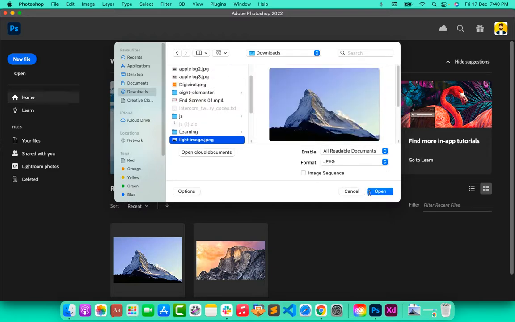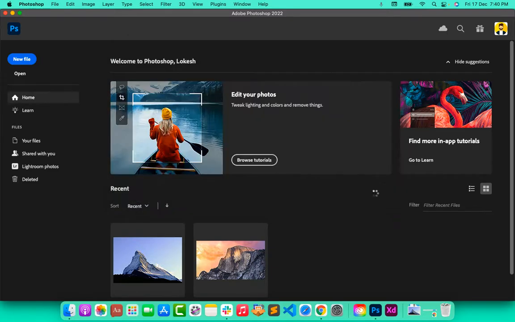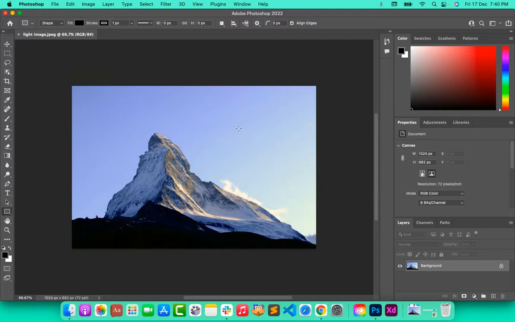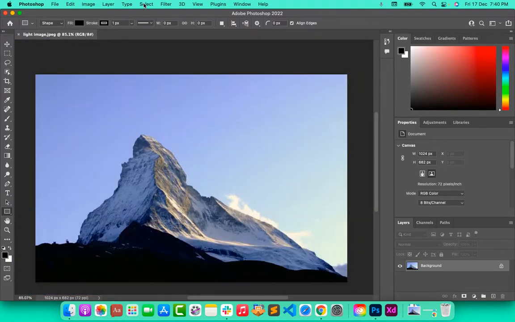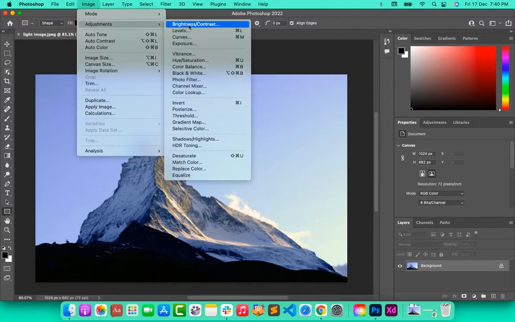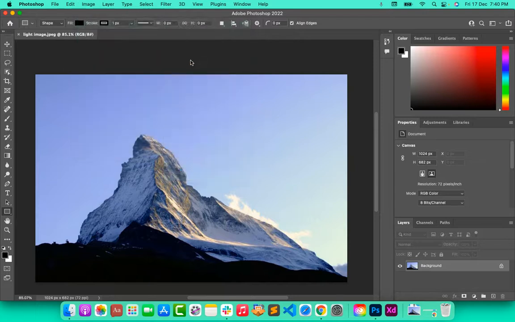Light image, and it is. So for example, I just do a little bit of changes. I go to adjustments, and I give it a little bit of hue.